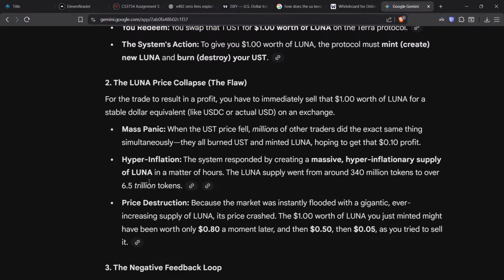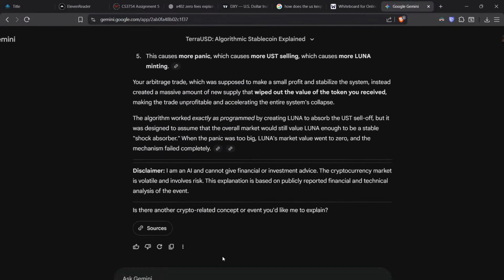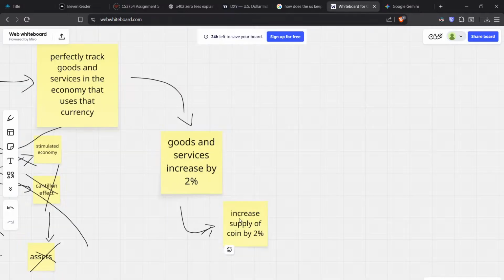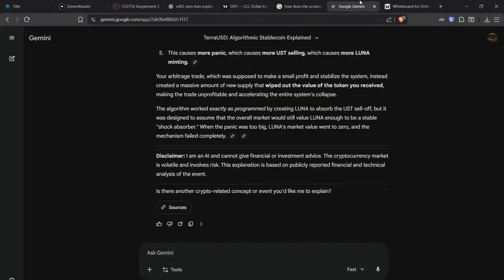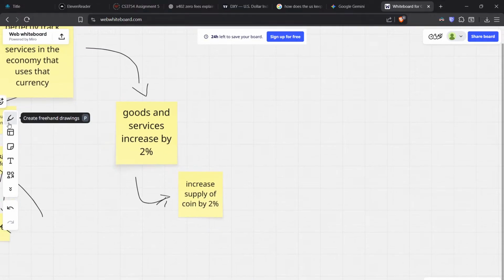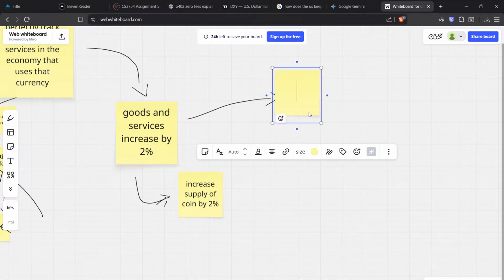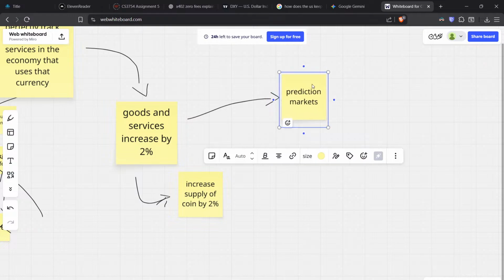$6.5 trillion. Okay, I see. So I mean, what I create might also kind of be something like this. But okay, let me get to the general idea, and then we can go deep into understanding how that works. Okay, so how do we figure out how much goods and services increase by? Right? What if we, and this is speculation, what if we used prediction markets? Okay, what if we have an on-chain prediction market